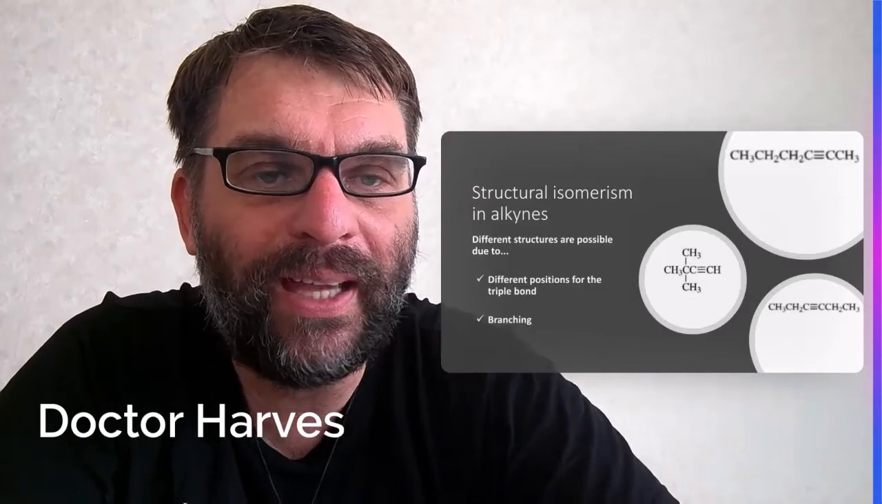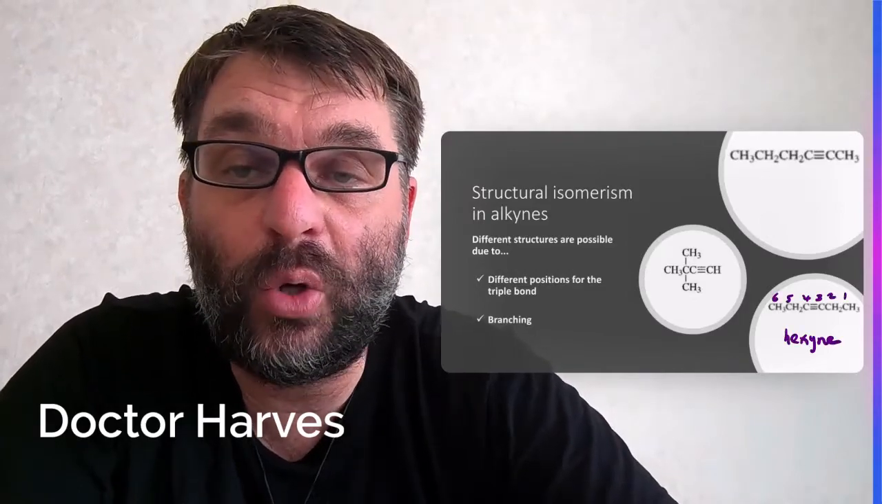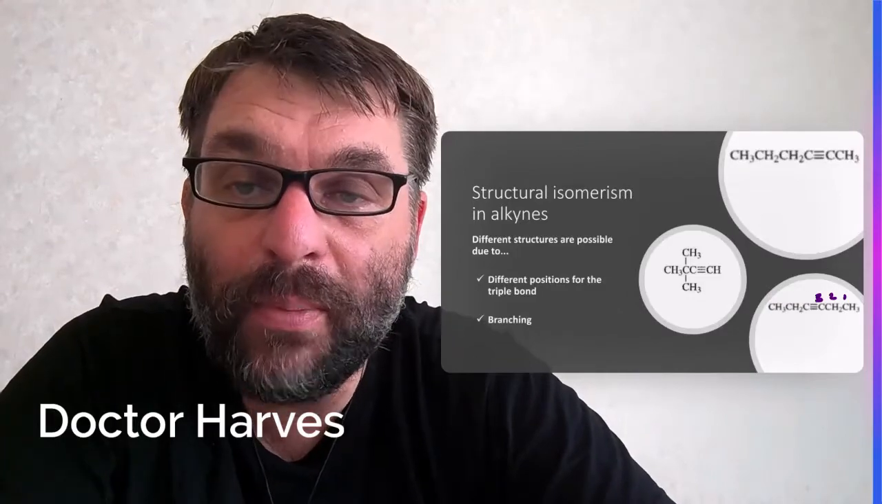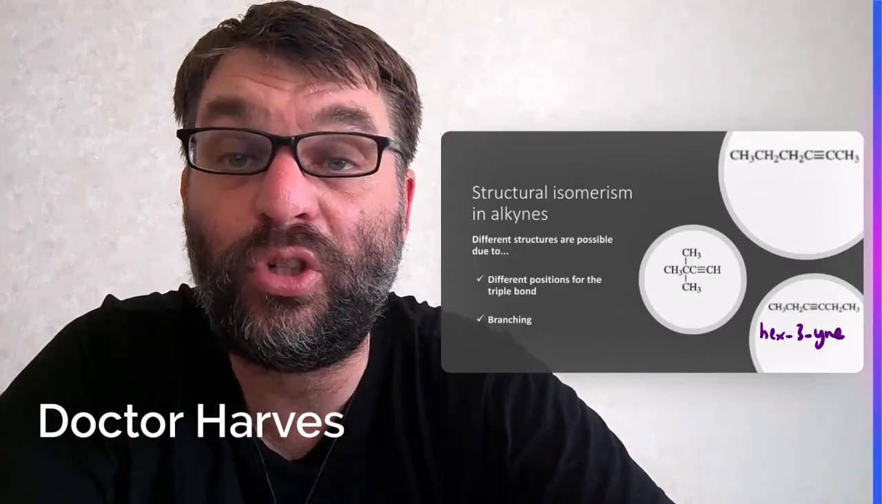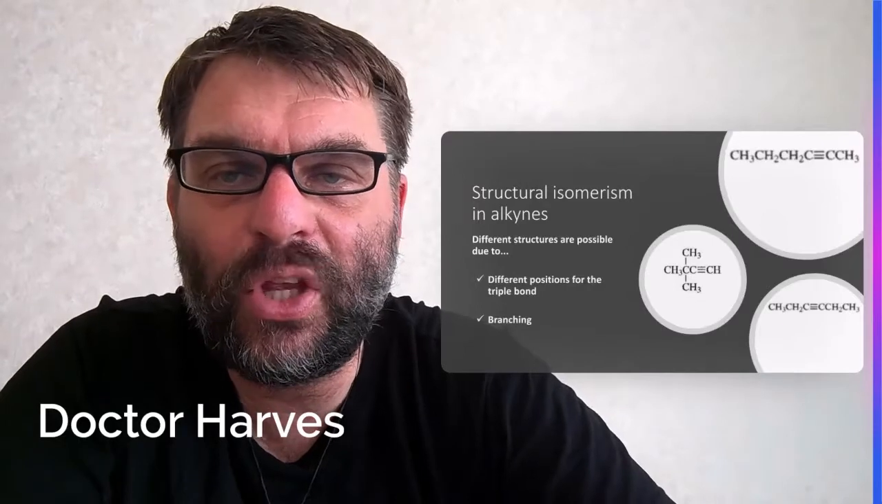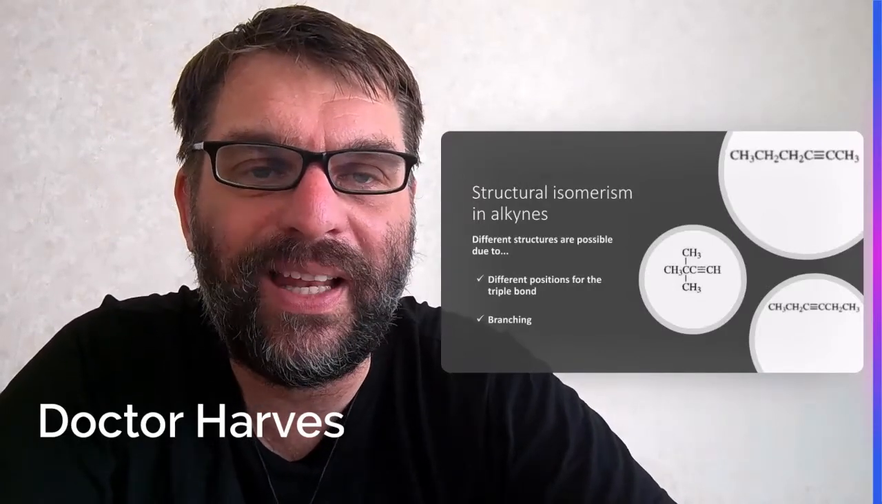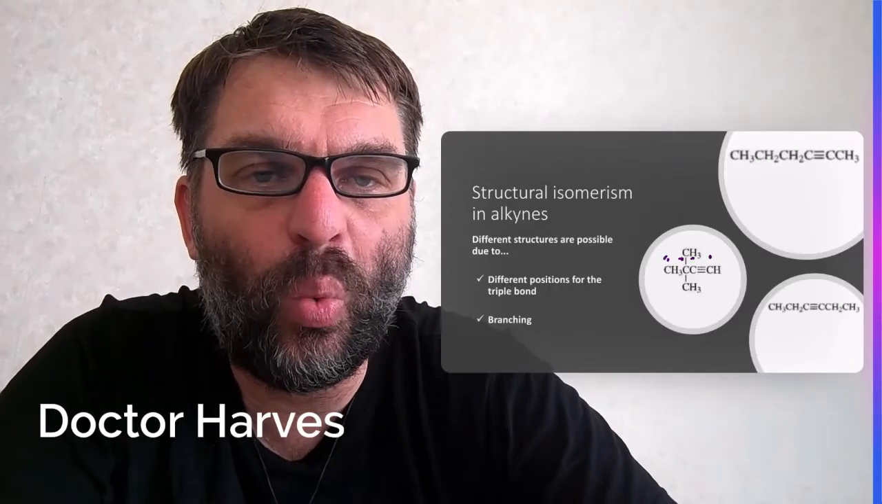Going down, again it has 6 carbons, so it's hexyne again, but this time it's on the third carbon, so it's going to be a structural isomer of hex-3-yne. And then the final example on the left, the longest chain is 1, 2,